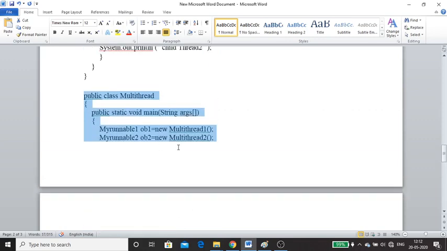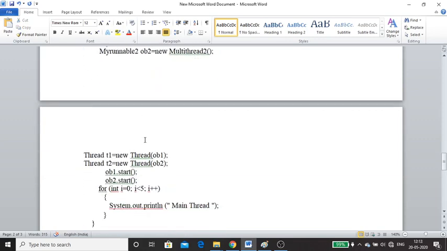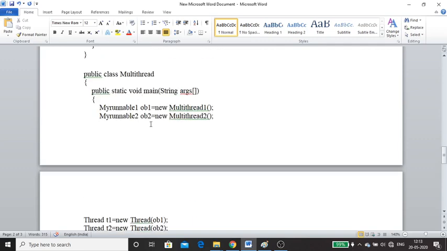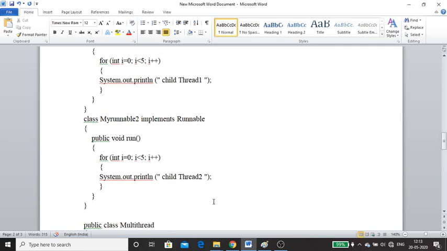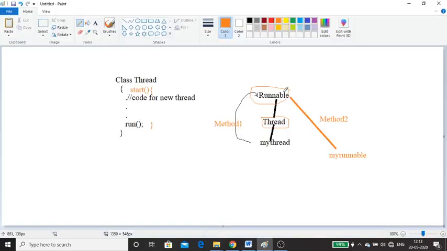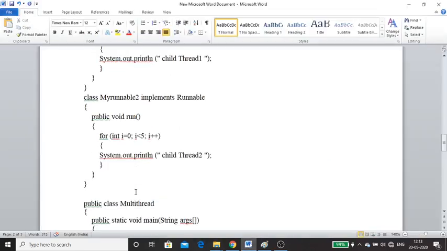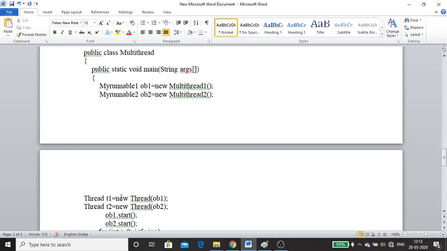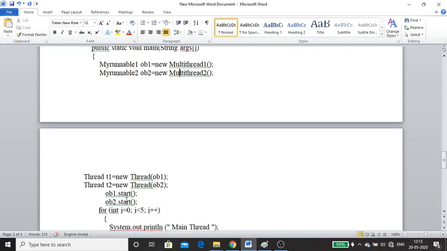So the object got created, and we are just establishing a link. Why are we establishing a link? Because only if you call the start method will the new thread be created, but the start method is not present within Runnable. So here we have the start method, so we created the object and we called the start method.